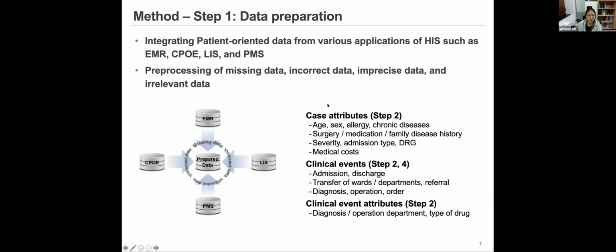The first step is data preparation. There are several healthcare information systems such as EMR, CPOE, LIS, and PMS. Relevant information is distributed to them, so data from such systems should be integrated. After that, the preprocessing of missing data, incorrect data, and so on is conducted. The preprocessed data consists of case attributes, clinical events, and clinical event